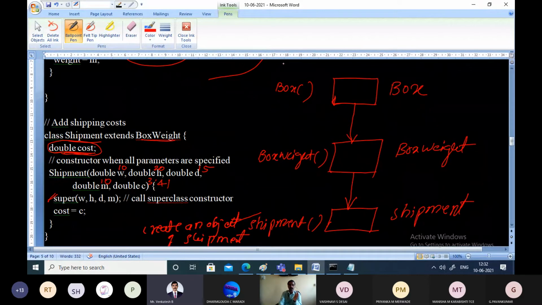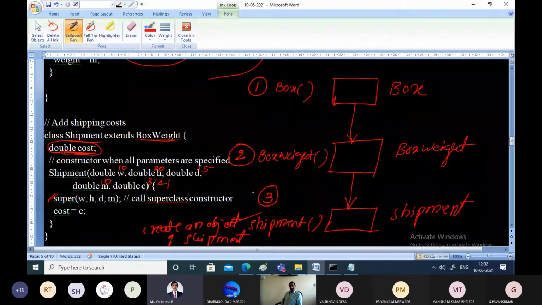First you should execute the constructor of the box, then the constructor of the box weight. Then only you can execute the constructor of the shipment. So that is what is going to happen whenever you call the constructors in the inheritance hierarchy.